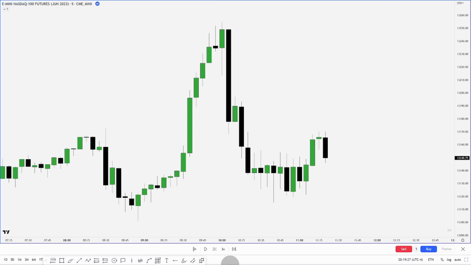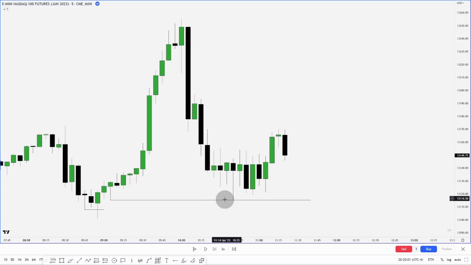For this last example, we are going to look at NASDAQ on the 5-minute and 1-minute charts. So looking at this original consolidation down here, what do we have? Well, we have a move that took a low before going up. And what does this create? This creates our high resistance liquidity. So as I said in the last example, I generally look for a failure swing after this to target.